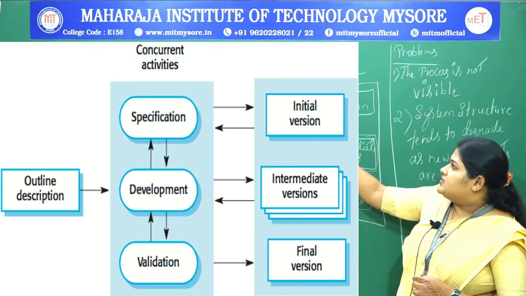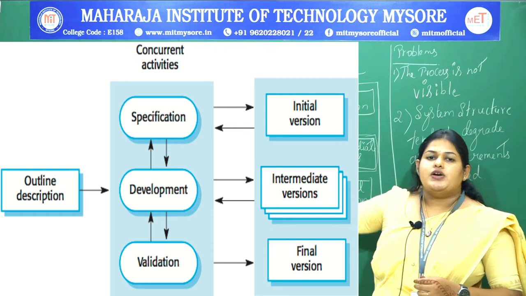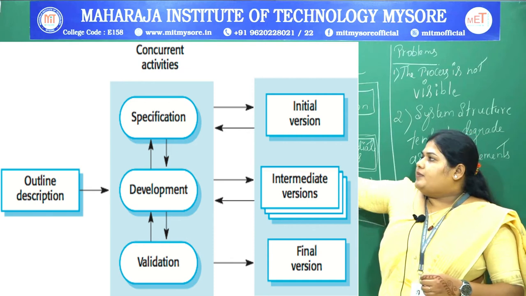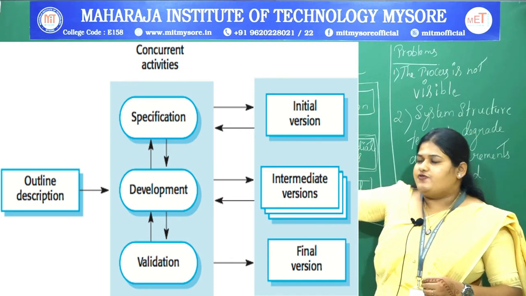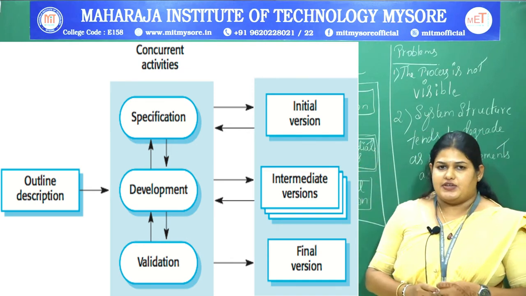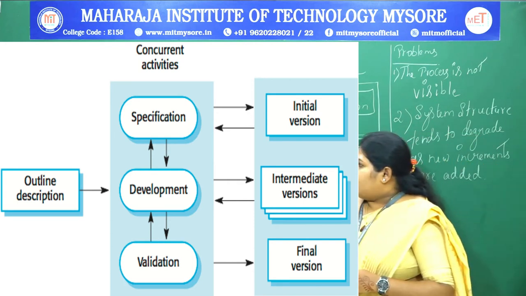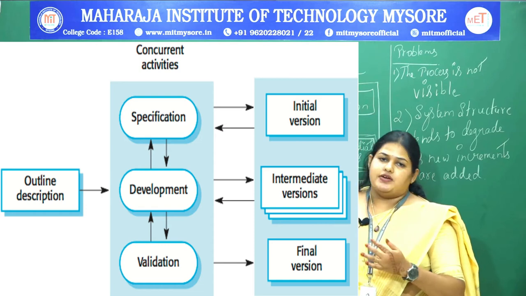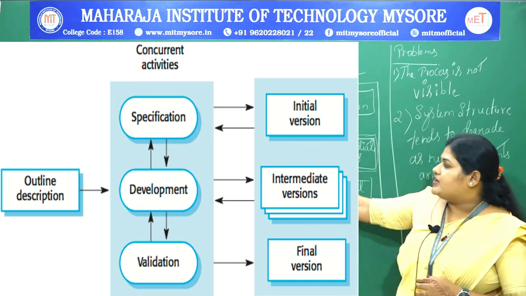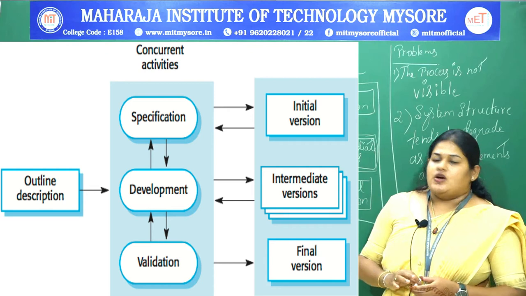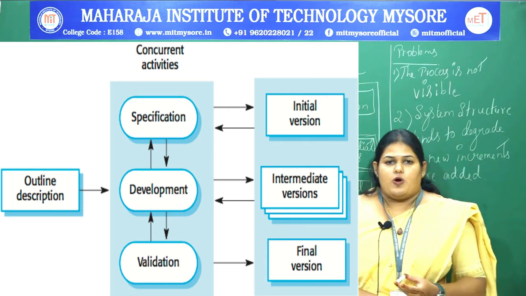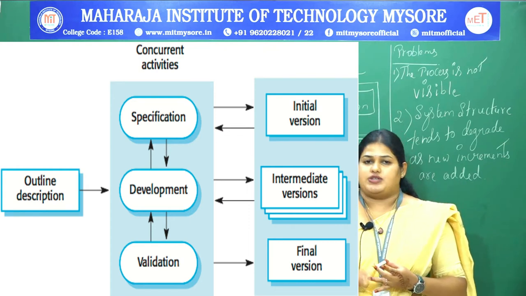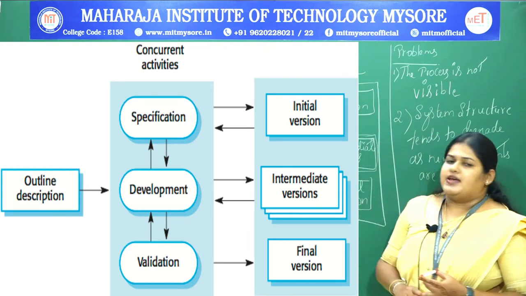If some specifications or requirements need to be added, they can be added in the specification phase, which is the concurrent activity. Even in the specification, I can change my requirements. Then the second phase is the development phase. As I already said, in a waterfall model, once it has been developed, tested and deployed, we cannot change. But here there is an option.